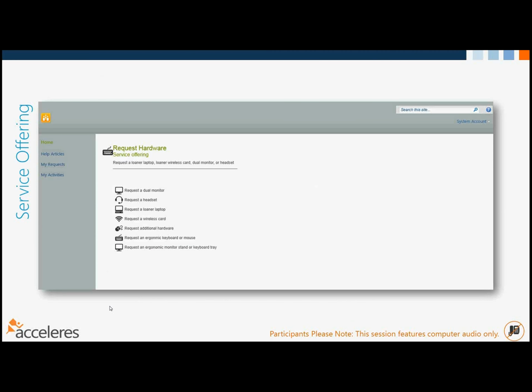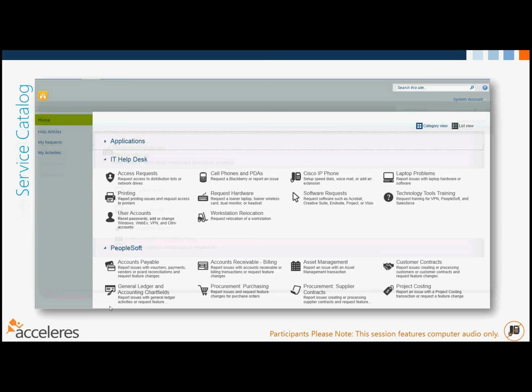So this next screen here, this is inside of one of those service offerings. So actually, if I just hop back under IT Help Desk, like Pete said, this is our category here, and inside of our category we have all of these service offerings. And here you can see the request hardware service offering. So if I click on that, I'm going to get what we see on the next slide, which is the